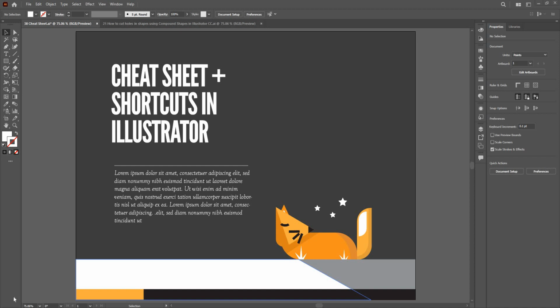Now we'll be working on the cheat sheet with respect to Illustrator. Let's go through them now. The first one is actually two shortcuts. If you hit Control Y,